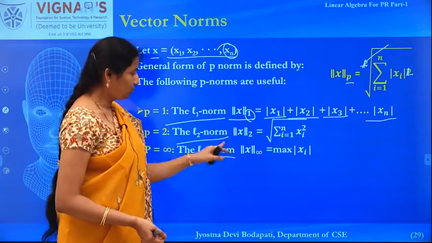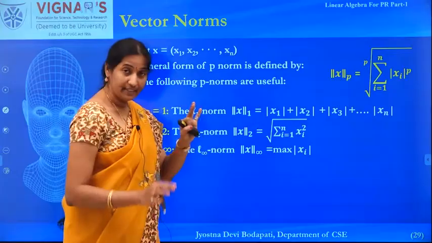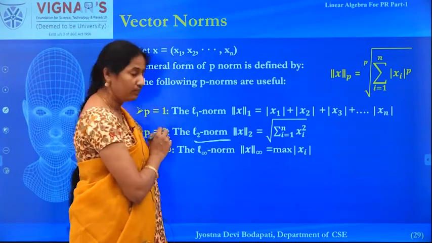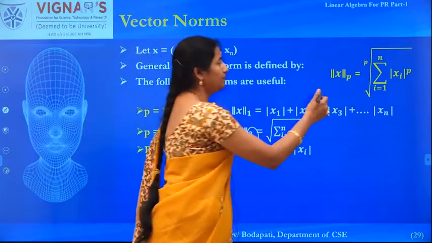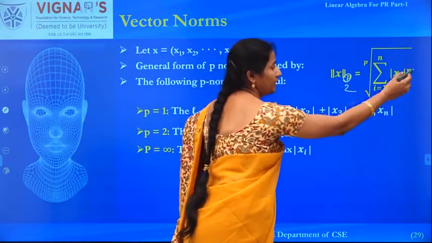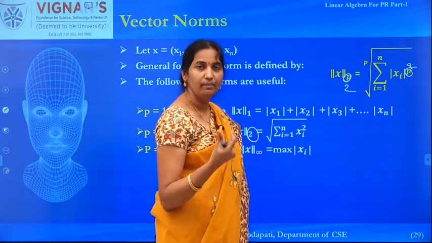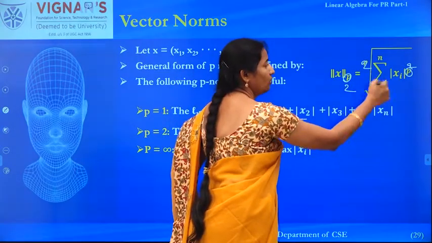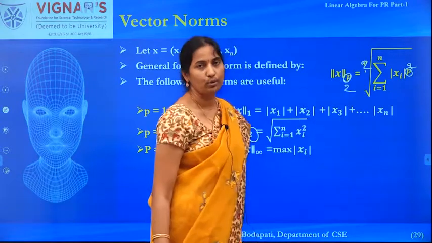Now let's see how we identify the L2 norm. This is the general form, right, and because it is an L2 norm, you just replace the p value with a 2. In that case you are raising the absolute value of every element to the power of 2, then you are taking the summation of the individual elements' squares, and then you are applying the square root, right.